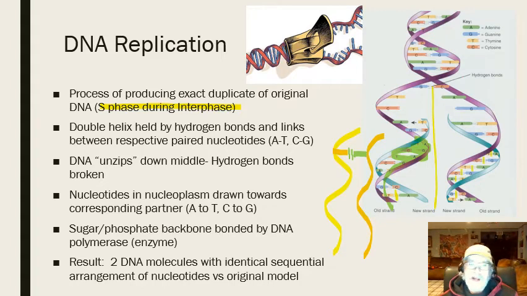And basically, what happens? Another enzyme called DNA polymerase, we'll talk about that in a second, actually bonds everything together. It's like the super glue of DNA, and as a result, now I have two DNA molecules with the identical sequential arrangement of nucleotides. Okay, where if I had one strand over here, which has my adenine, the other strand